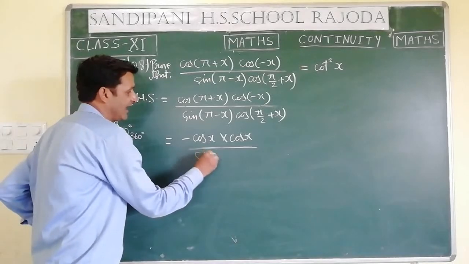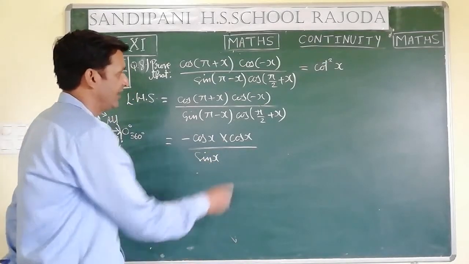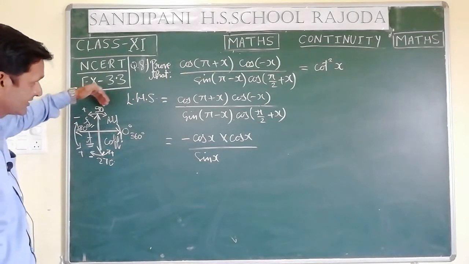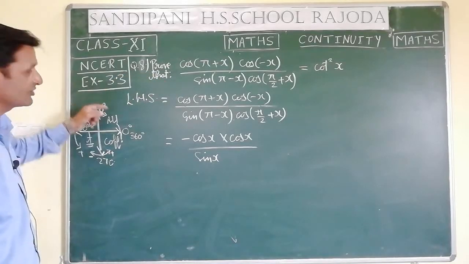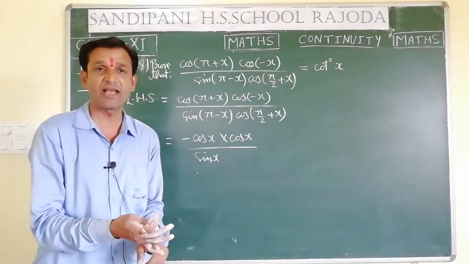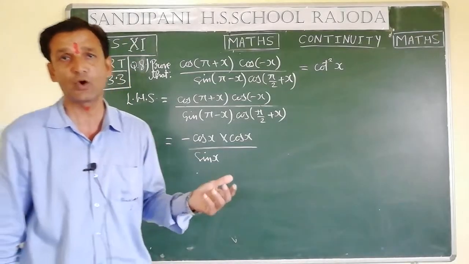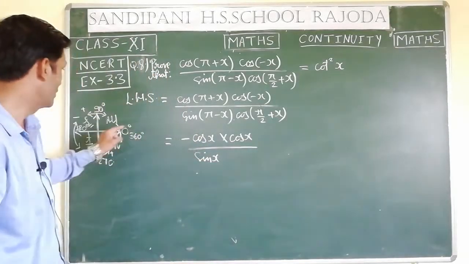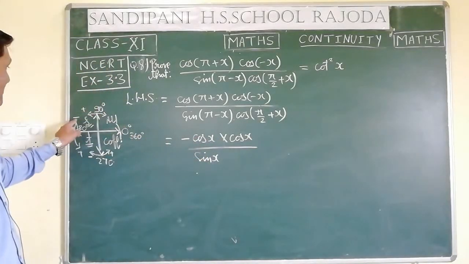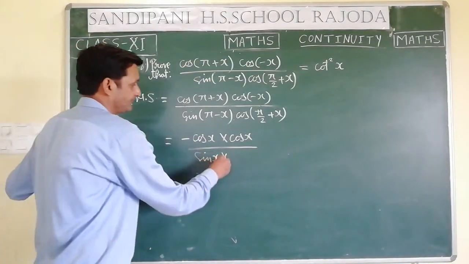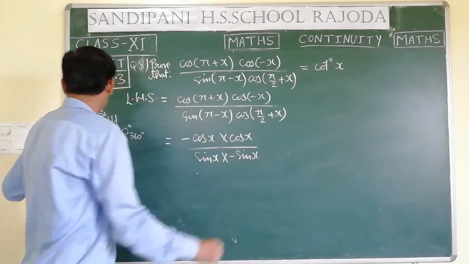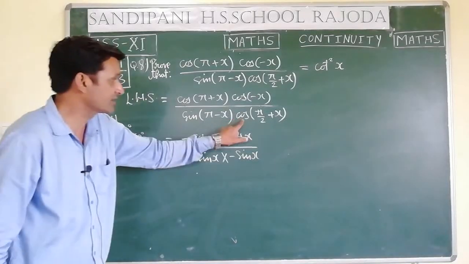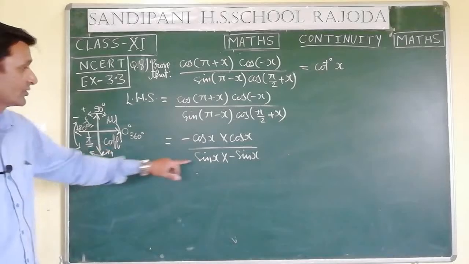So sin x, sin 180 minus theta is sin theta, and cos 90 plus theta, this is 90 plus. So cos 90 plus theta. In case of 90 and 270, cos will be changed into sin, sin will be changed into cos, tan will be changed into cot, cot will be changed into tan, sec will be changed into cosec, and cosec will be changed into sec. So here cos 90 plus theta is minus sin theta. Why is it so? Because only sin and cosec are positive here. Here it is cos, so cos is not positive. So it will be minus sin x.